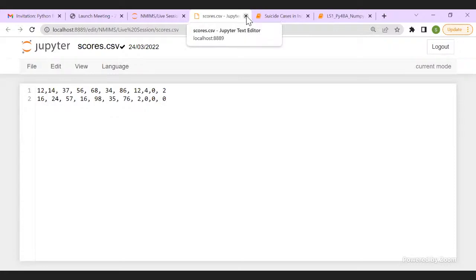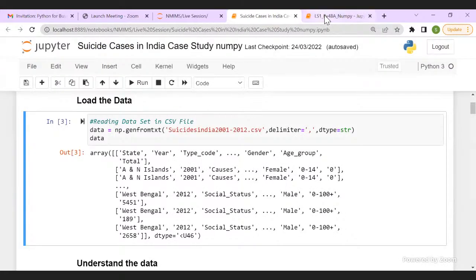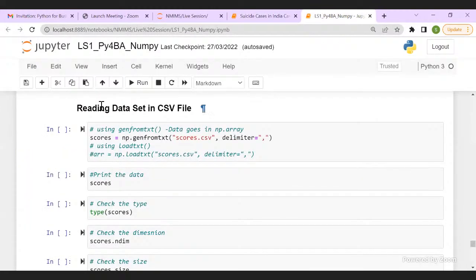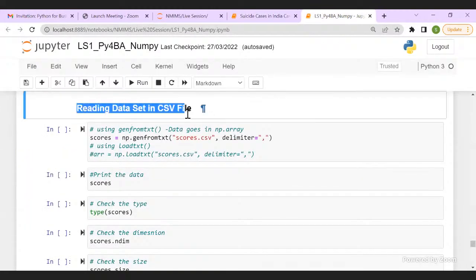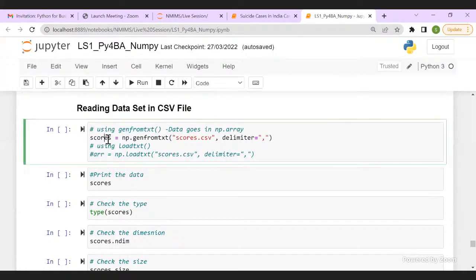Now my very first step is bringing my data from my CSV file into my array. So the very first thing I'll do is read my data from my data set into my array.